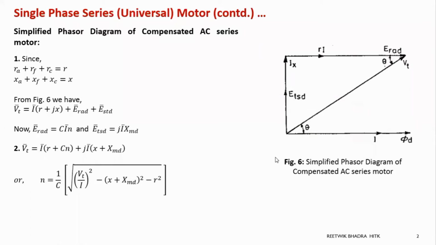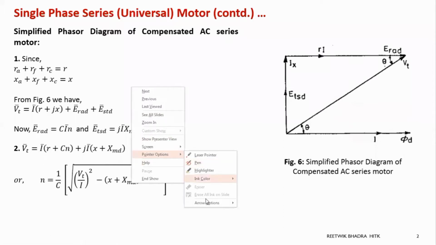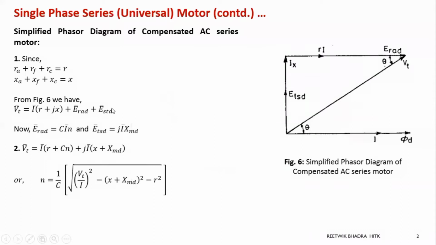So this part we had already done: this R was equal to your armature resistance plus your field resistance plus your compensating winding resistance. If you want to place an interpole, then plus the interpole winding resistance. In some books they have given interpoles also, so you can include that and write the equation over here.